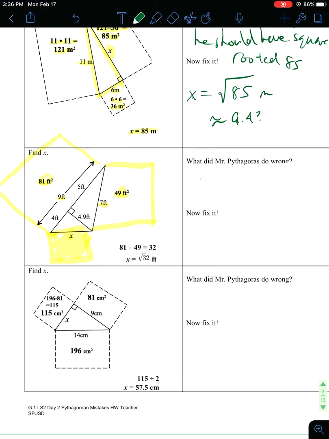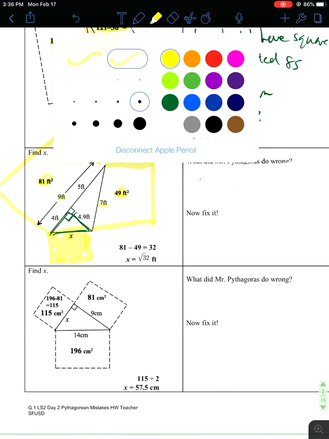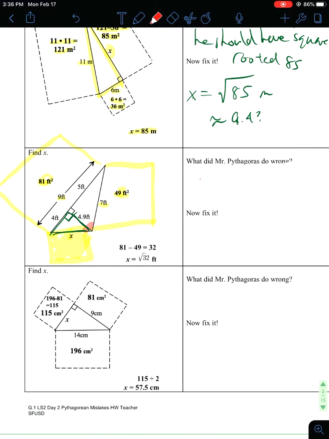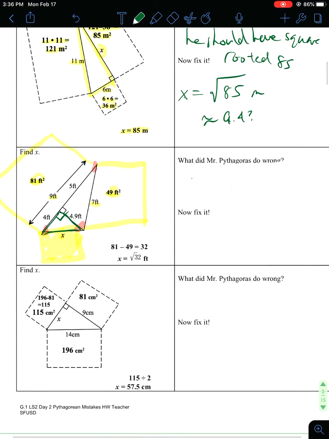But then we notice down here that that's the triangle of interest. This is your right triangle. In red here, notice that neither of these parts of the triangle are right angles. So what did he do wrong? Applied a Pythagorean theorem